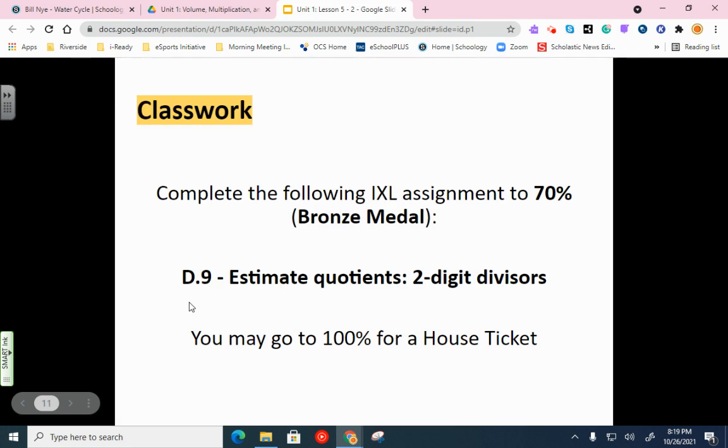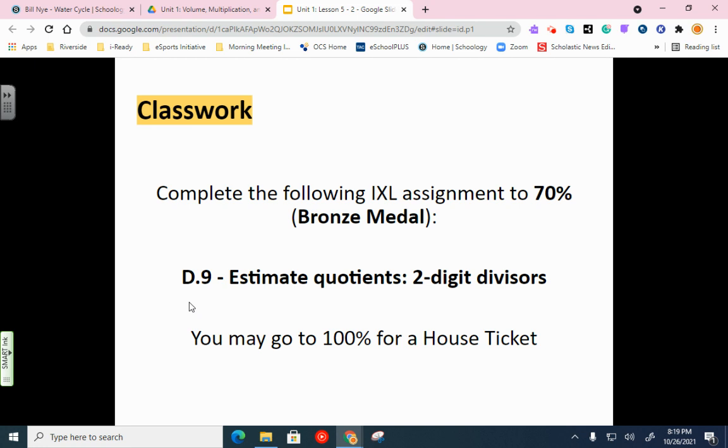Now for your classwork, we haven't done IXL in a few lessons, so we're going to do it today. Now this one's D9. It's called Estimate Quotients, two-digit divisors. We've been using one-digit divisors this week, but towards either Thursday or Friday, we'll start using two-digit, because that's the goal. We got a little bit of review, a little bit of warm-up, but two-digit divisors is the end goal